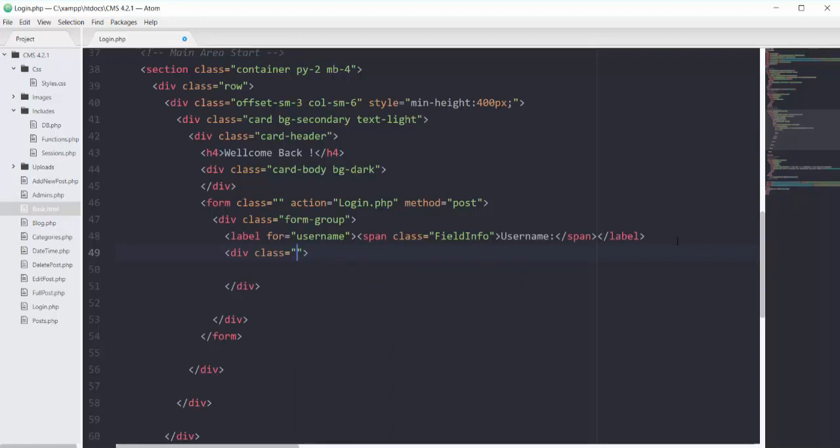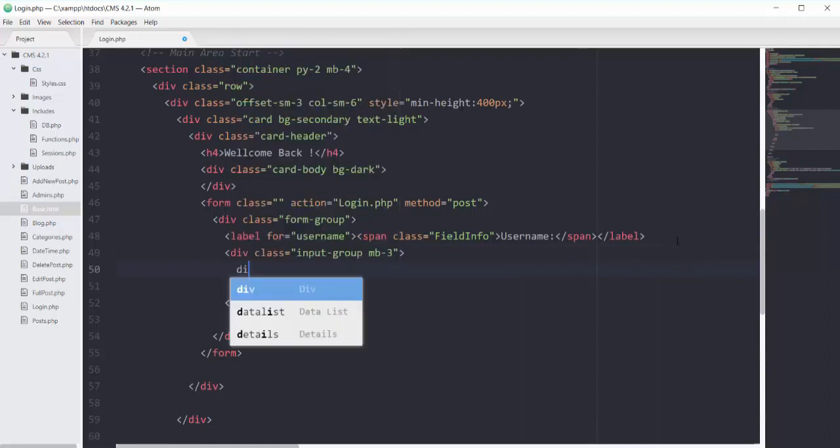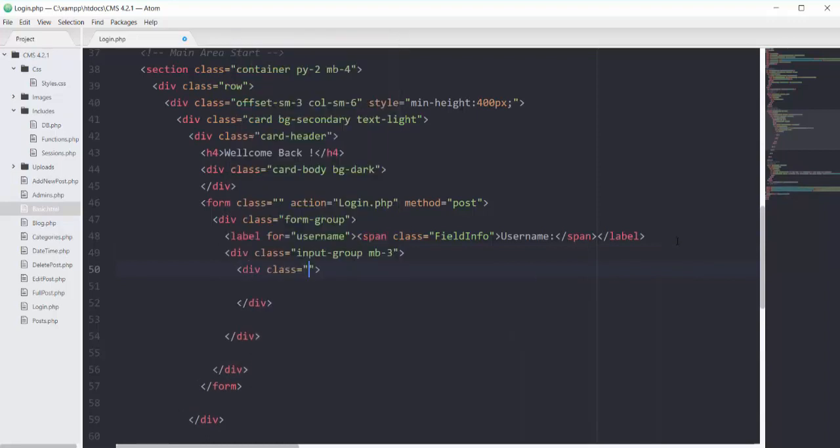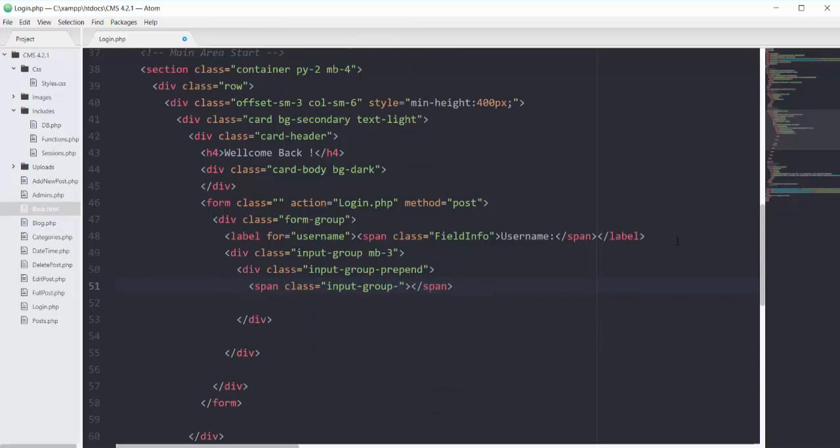Then right after our label we will have another div for adding the input group of font awesome. So it will have the bootstrap class of input-group, and it will have some margin to the bottom. Then inside this div we will have another div with the bootstrap class of input-group-prepend, and then inside it we will have a span tag with the bootstrap class of input-group-text.